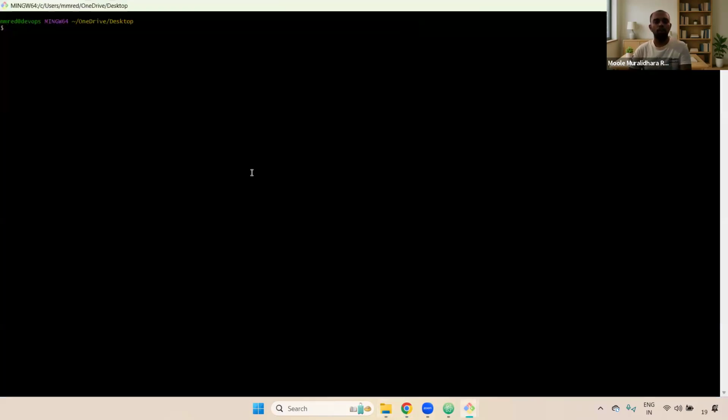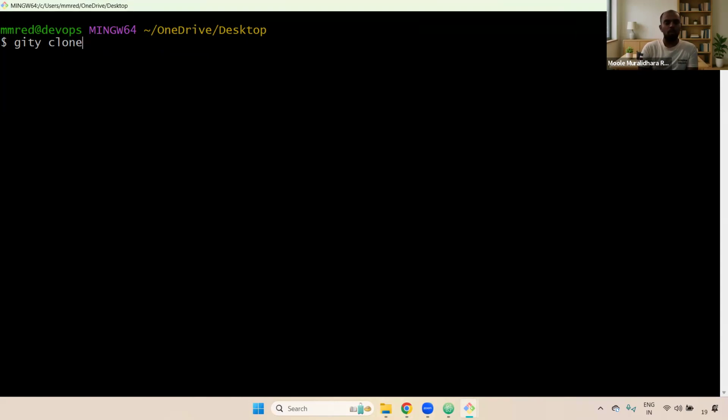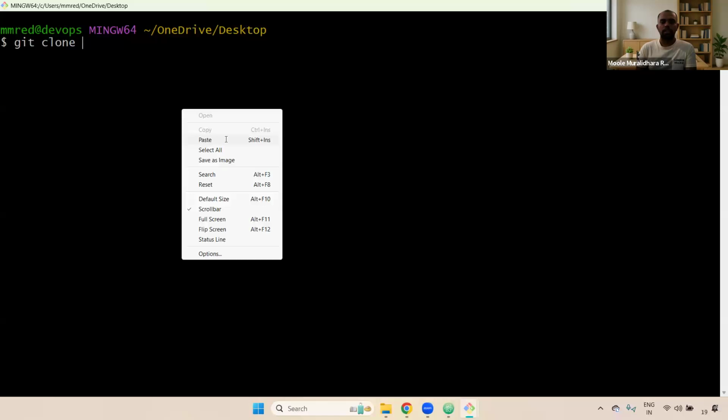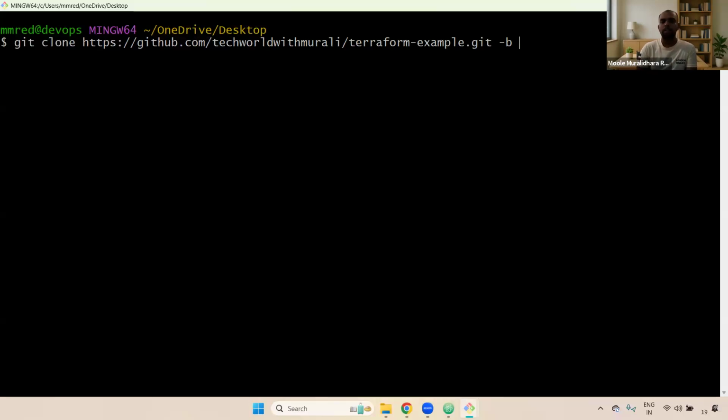Now what will we do? We'll clone the specific branch. How can we do it? git clone. Once you create the branch, first we clone the repository, and then here you need to give the branch name. The branch name is tech-2580. Remember, guys, if you don't mention the branch, by default it will clone the main branch,